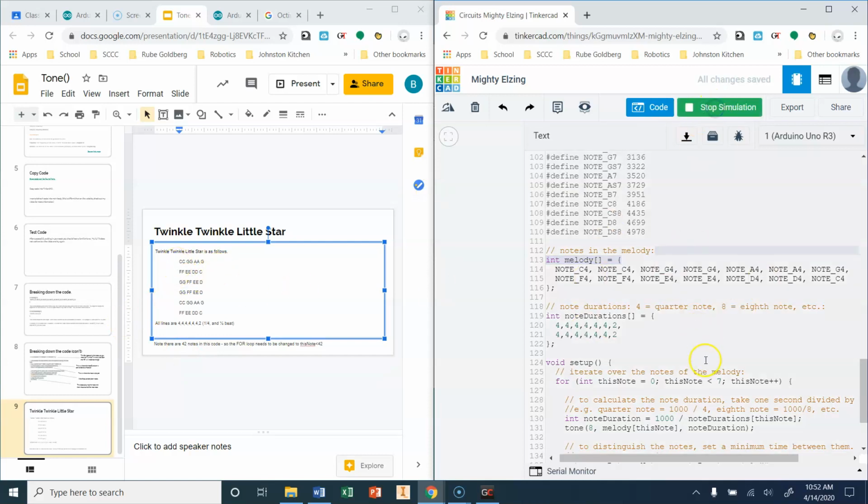So when I start my simulation now, notice I still played the exact same song that I had before, and that's because my note duration hasn't changed. My note duration needs to go up by the number of notes that I have here. So I have 7 notes in my first line, 7 notes in my second line, so I have 14 notes in total. So now when I start my simulation,